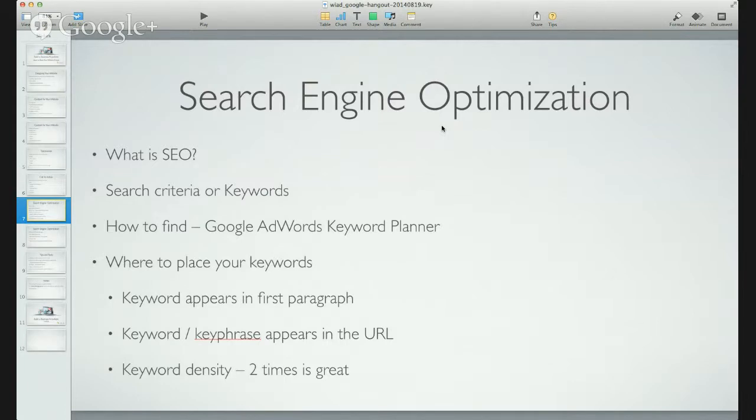Now, I'm just going to give you a few tips here. This is not complete, but a few tips here on where to place your keywords on your web page, for example. So when you are in your WordPress dashboard and you set up your page or your post, these are a few places where you want to place your keywords. But first of all, your keyword should appear in the first paragraph, and they recommend like 2 times, but don't sort of stuff it in there. You know, let it be natural.